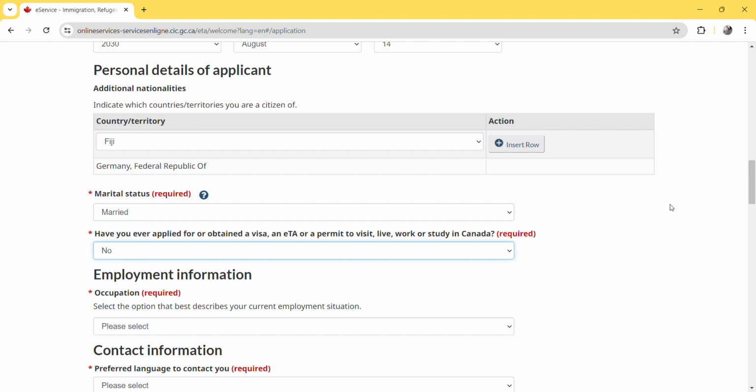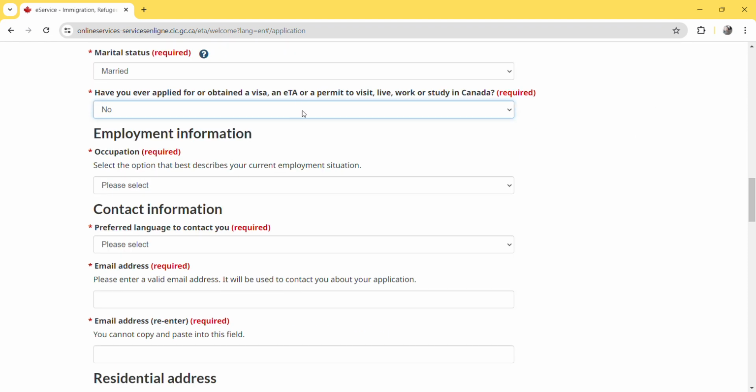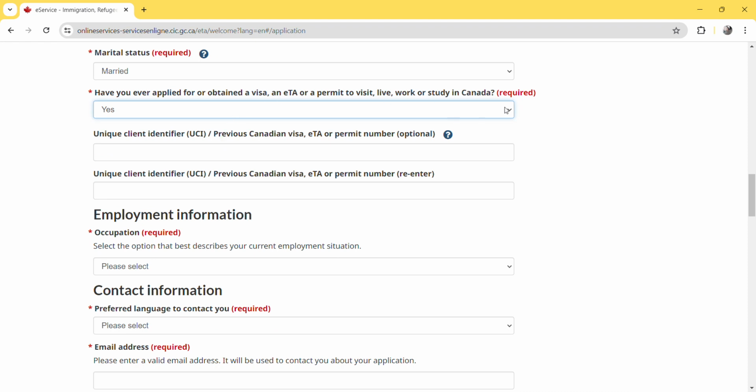I'm selecting no here. If yes, maybe you need to provide the detail. I need to check once. Yeah, you need to provide the detail further. Normally,